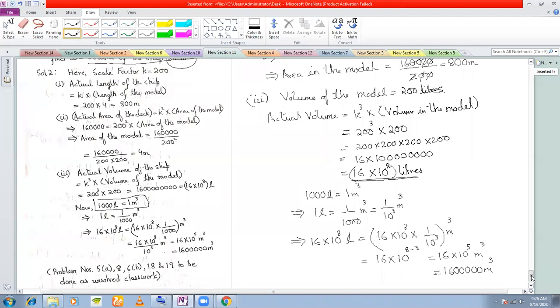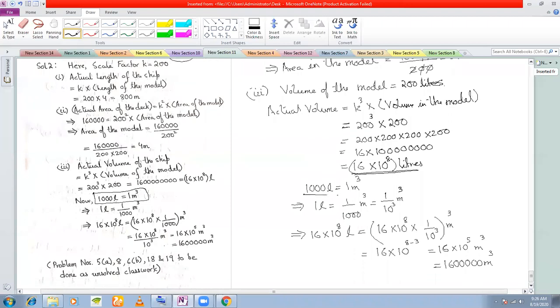So what I do is, the relation between liters and meter cube I must know, or the relation will be given. Mostly it will be given for mathematical purposes, since this is not physics that you are required to remember. But here it's not given. Mostly we remember the relation between liter and centimeter cube, and between liters and meter cube. So 1000 liters we know is 1 meter cube.